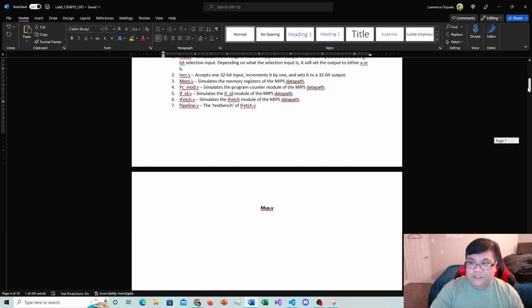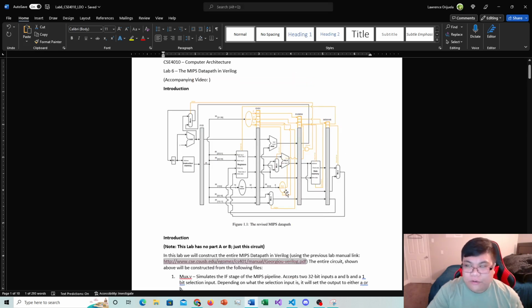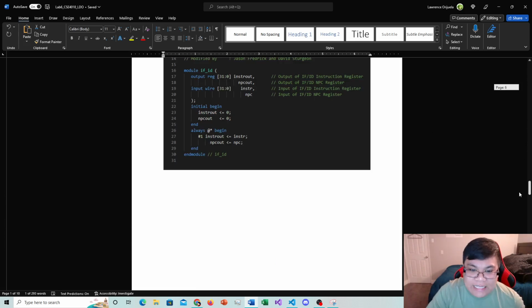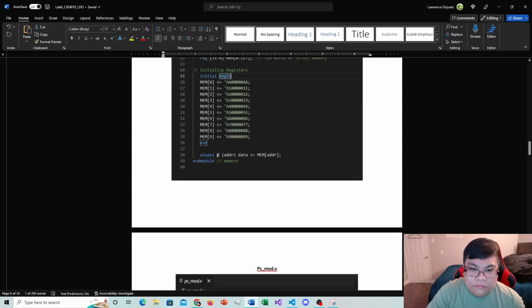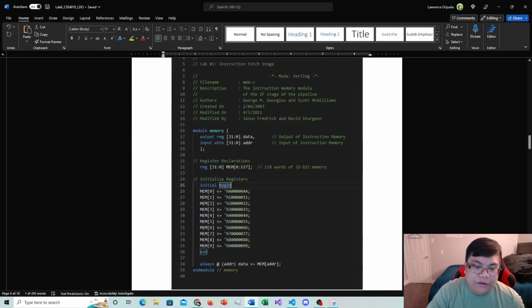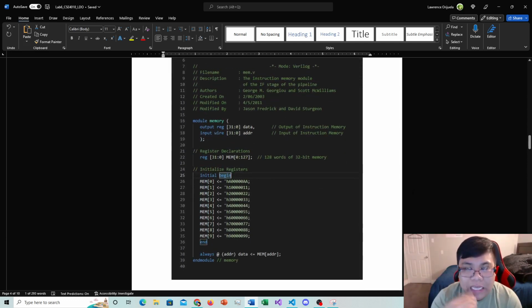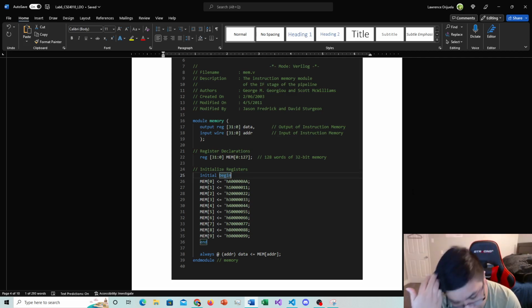Let me go back to the instructions or the diagram here. So our mem.v represents our data memory. When it comes to our mem.v, this is what's being interacted with whenever we perform an I-type instruction. Okay? So the way that this works is that